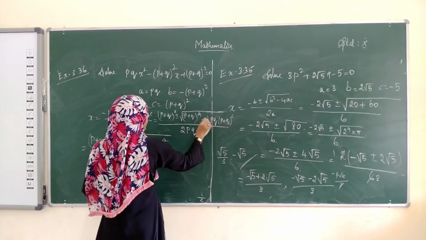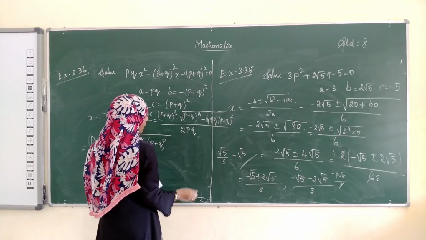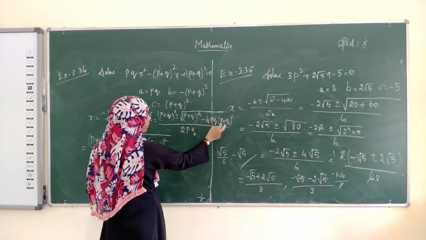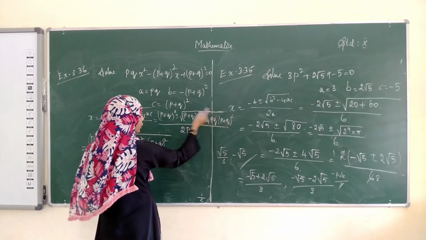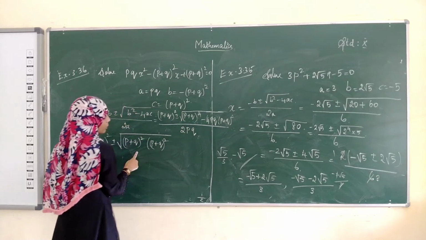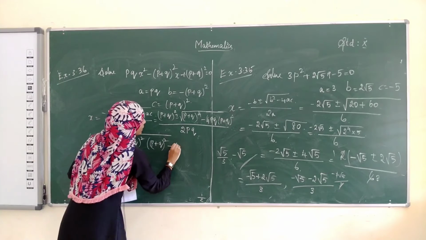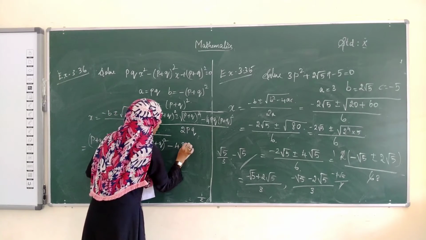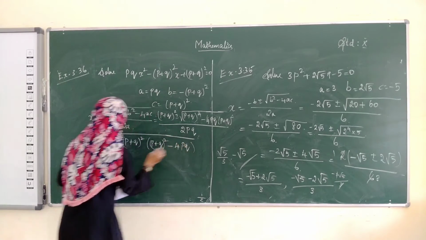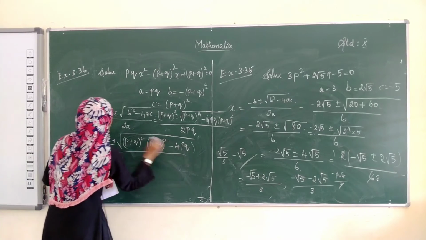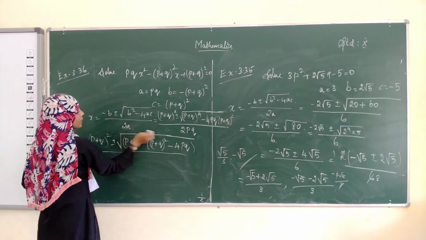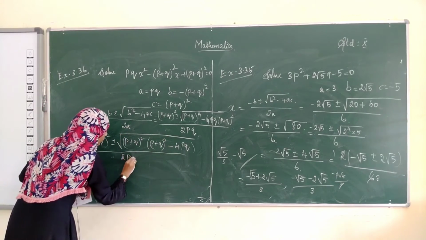Consider this is one term and this is one term. Okay. So this is one term and this is one term. What we are taking? We are taking p plus q the whole square outside, one term outside. So what will be the remaining term? p plus q the whole square minus 4 into p into q, divided by 2a, is 2 into a is 2pq, 2 into p into q.